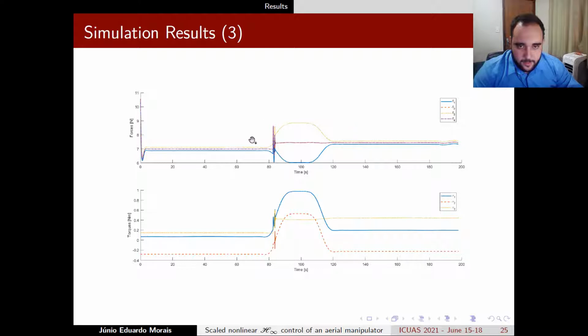And these graphs show the results of the control inputs applied to the system during this experiment. And we see here that when we start applying the disturbances, we have a very sharp and oscillatory behavior in the control inputs, but then they quickly go back to a smooth form and continue in this way until we